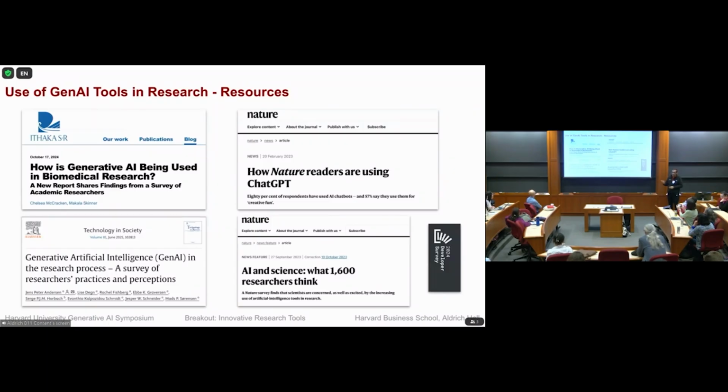I looked at some Nature blogs that came out 2 years ago, and then a few months later in February and later in September. There is an article in Technology and Society which also discusses the challenges of using these tools in research. What are the advantages and disadvantages? That was a pretty good paper going through that, and also one from the research firm,